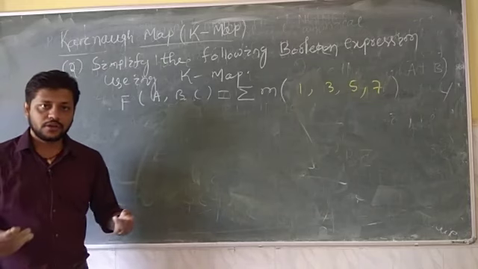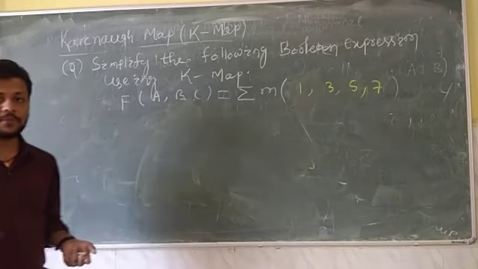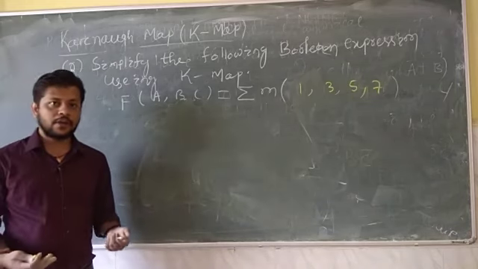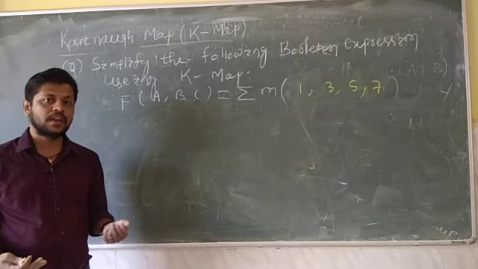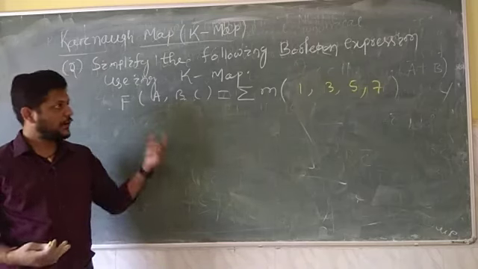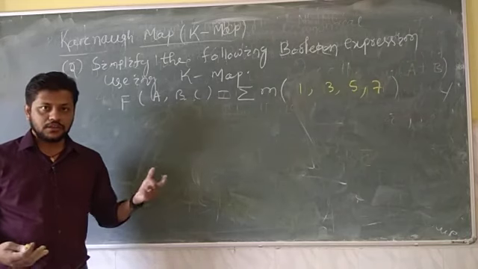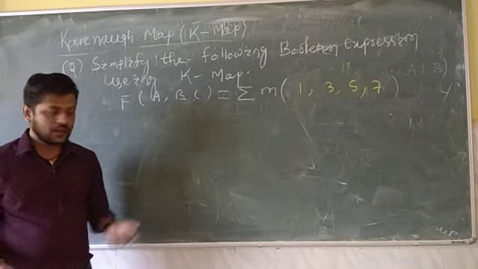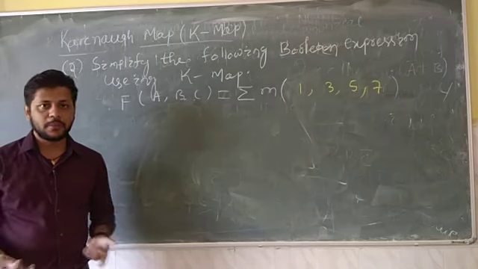In the next class we will continue the K-map, that is 4 variable, and I will introduce one more condition in K-map, that is your don't care condition. So this is very important. For the first class you need to revise it. Sum of product and product of sum you need to understand. After that we will understand about this K-map.